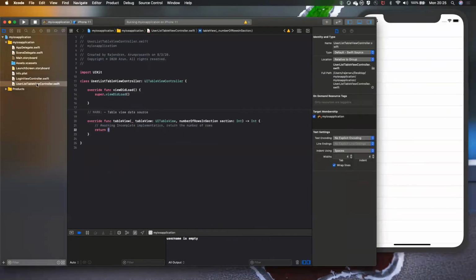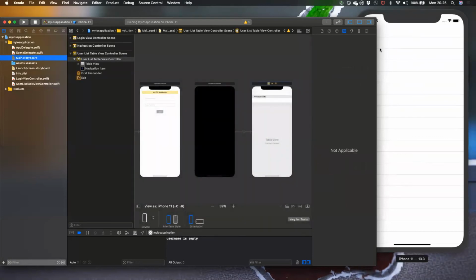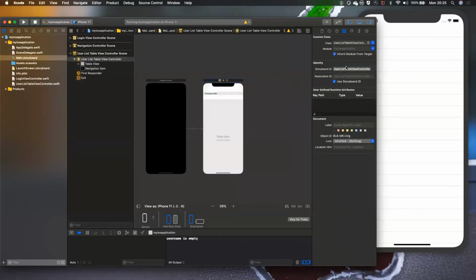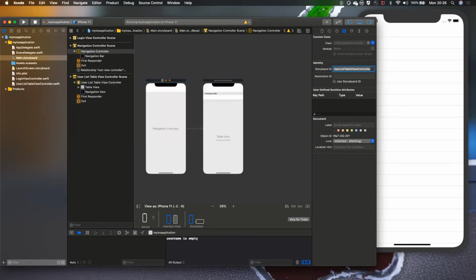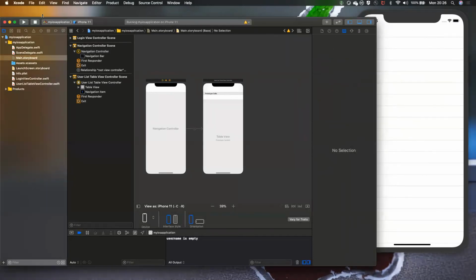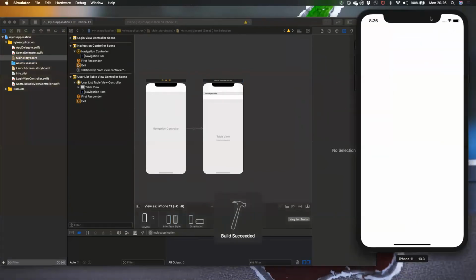So what we will do is set the number of rows and sections. And one thing I did a mistake is it didn't come with a navigation view controller. So I will go to this user table view, and I will delete this storyboard ID, and I will provide this storyboard ID to the navigation controller. Yep, and I will click on yes. Now you can see there is no top bar, right? Now if I stop and run the application, you will be seeing the top bar.